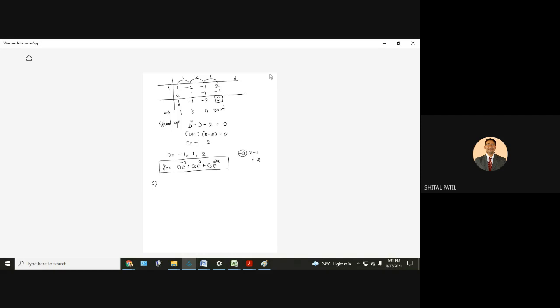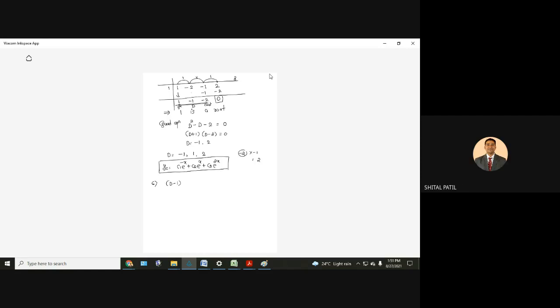Now, Shreyas, now you speak. What is your doubt? Sir, how did you get the quadratic equation? d square minus d minus. See, these are the 3 numbers. This is the coefficient of d square, this is the coefficient of d, and this is the constant. Visible? Understood? Yes, sir. Let me continue.